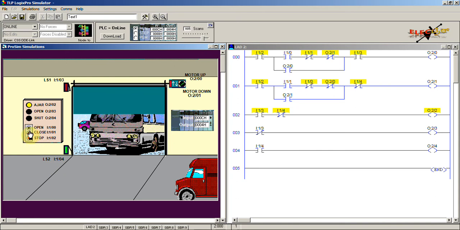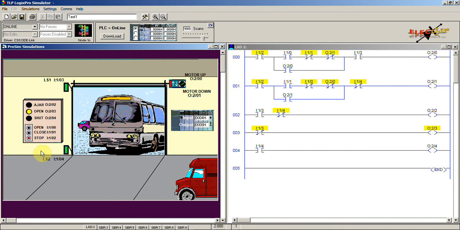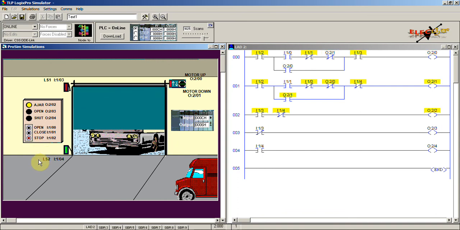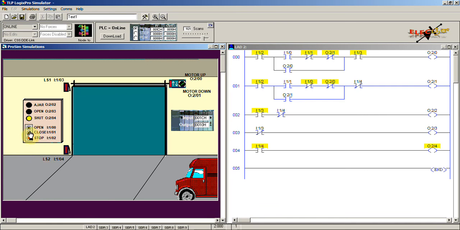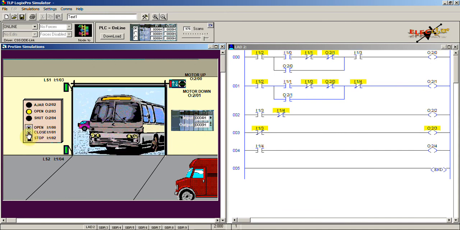Again you can either close or open the door. We'll close the door, and then at any time you can operate this door automatically. Open the door, it will open completely, and then close the door and it will close completely. And whenever you don't want the door to keep opening, just press the stop push button and it will stop, and then you can close the door like that. Or if you have completely opened the door and you want to close it, press close, and then press the stop push button, and again you can open the door.